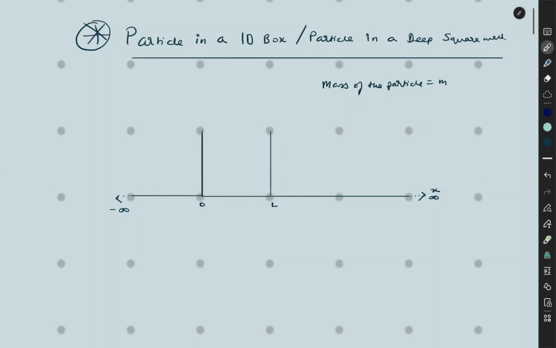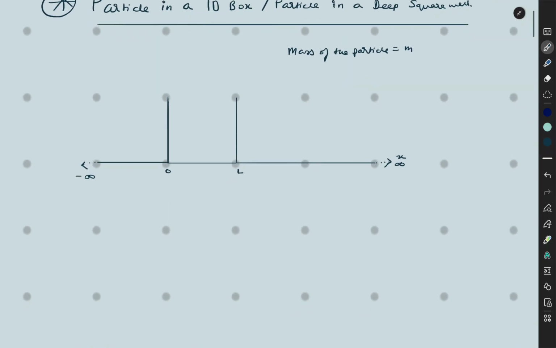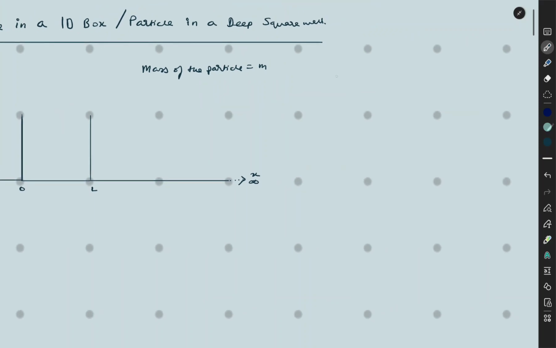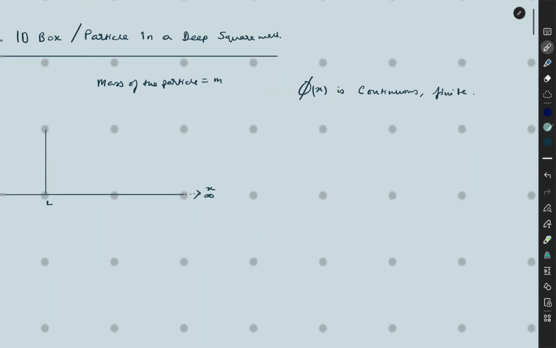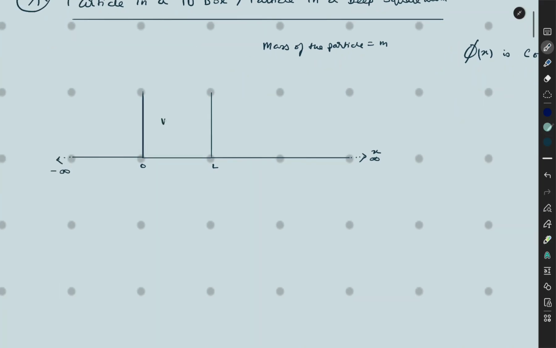In this particle in a 1D box, the key assumption that we are considering is, first of all, that the wave function, let us consider phi of x, is continuous and finite. And inside the box the potential V will be equal to 0, and outside the box the potential V will be tending to infinity, that is for x less than 0